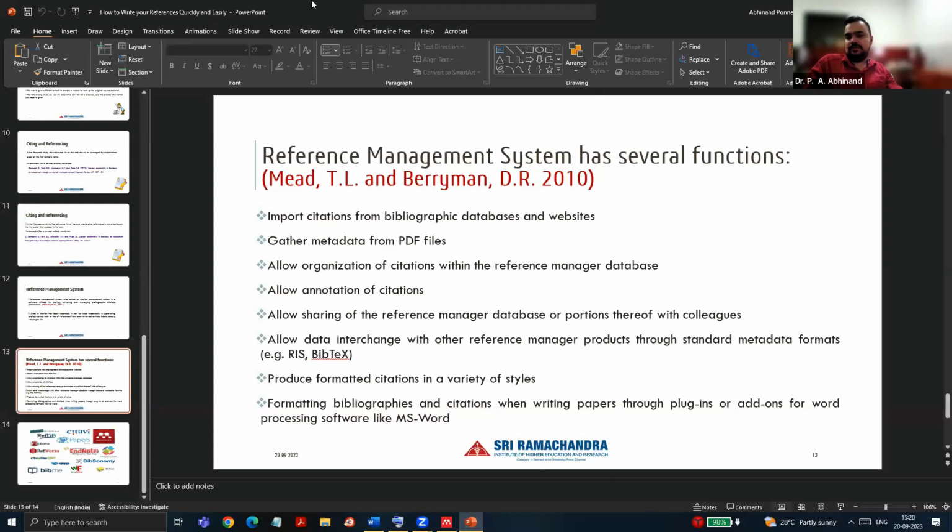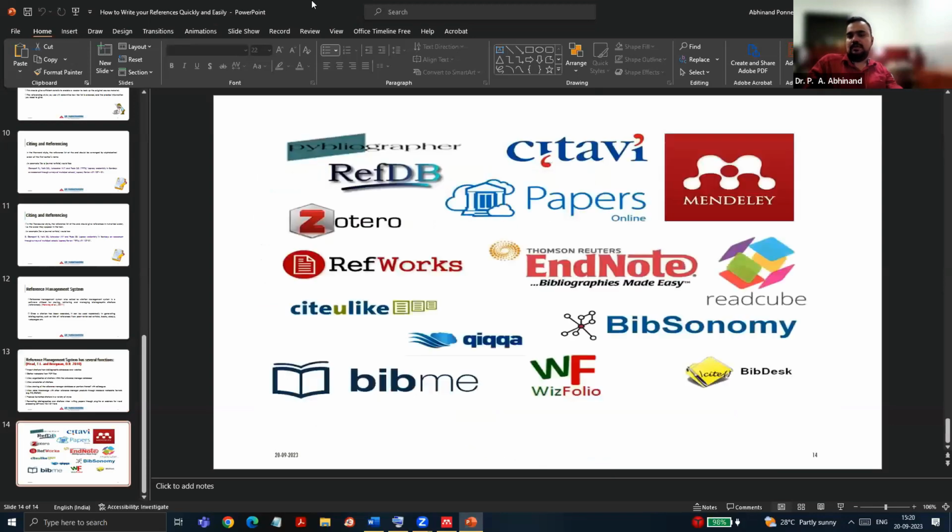So what you see on the screen are some of the many referencing software that are available today. So one of the best software in the world is EndNote made by Thomson Reuters, but it's a paid software. They will charge you around $100 per year. Other software like Mendeley and Zotero, these are free of cost. Anybody can use them directly. And Zotero can be used both with Google Docs and also for MS Word. And SiteAvi is having a Google Chrome plugin which can be directly integrated into your Google Docs.